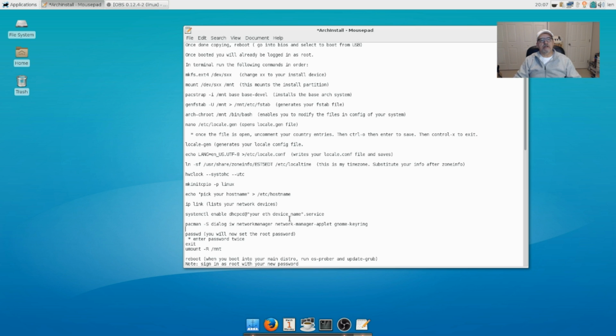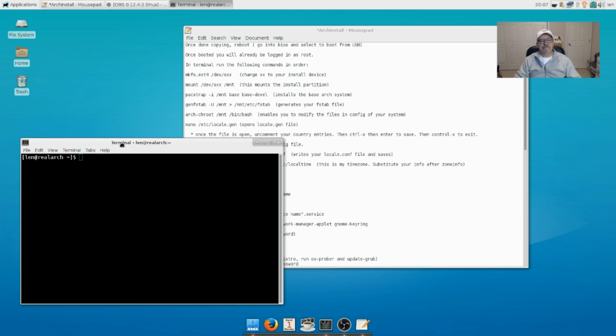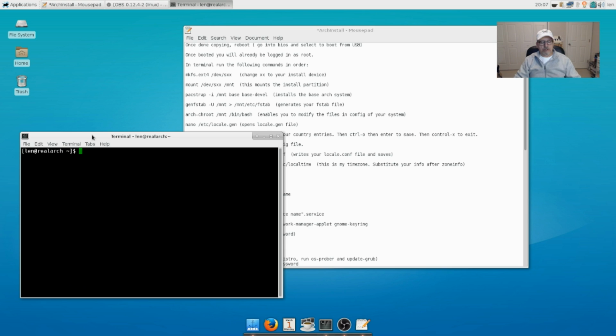Okay, now you can see pacstrap. Once you install the base Arch system at the top, that wouldn't have happened unless you had an Ethernet connection or a Wi-Fi connection. Preferably Ethernet during the install. If you have Wi-Fi and you do not have an Ethernet connection, then what you're going to do is type wifi-menu,